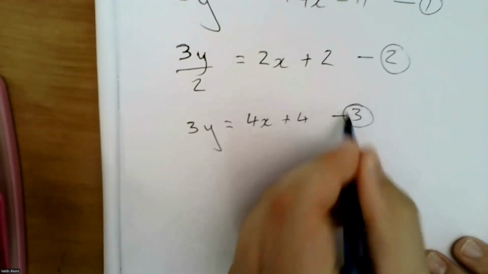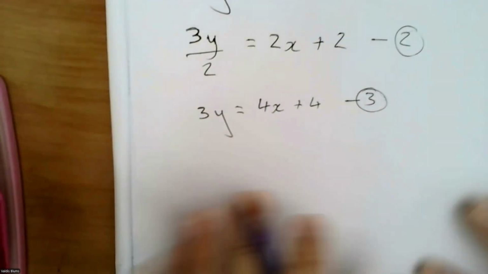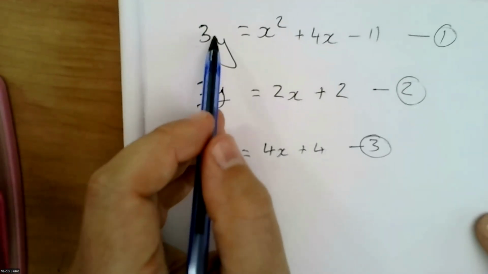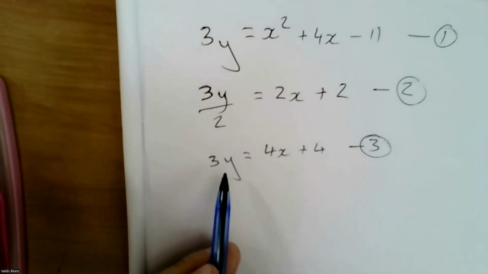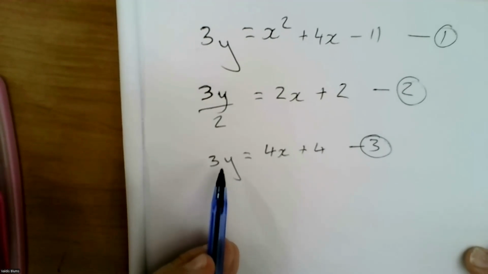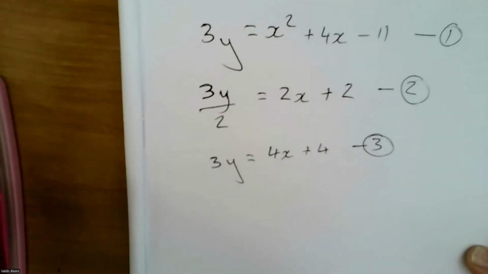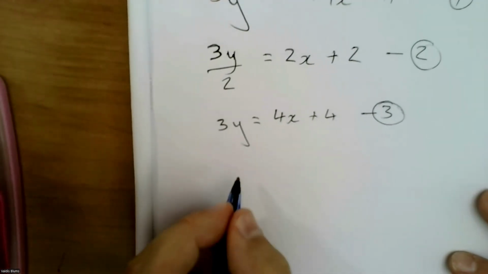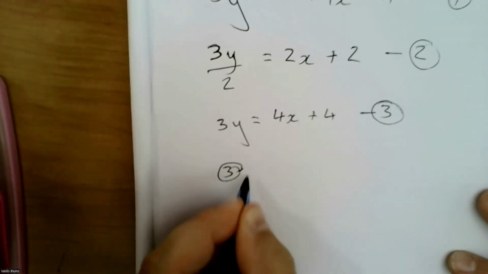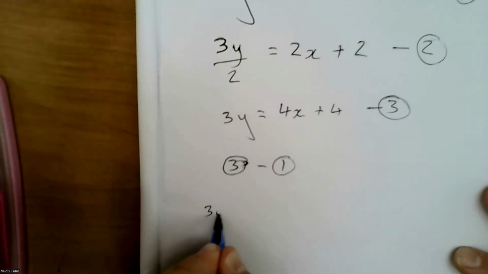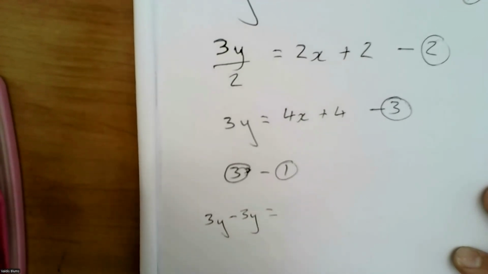And I'm going to label this one as equation 3 because this is going to be the one that I'm going to use. Now, I see that I've got 3y and 3y, so they have the same coefficient out the front of each y. So again, I can either use the elimination method or the substitution method, and my y's will disappear. Because last time I used the substitution method, this time I'm going to use the elimination method. So I'm going to go equation 3 minus equation 1. I've got 3y minus 3y is equal to